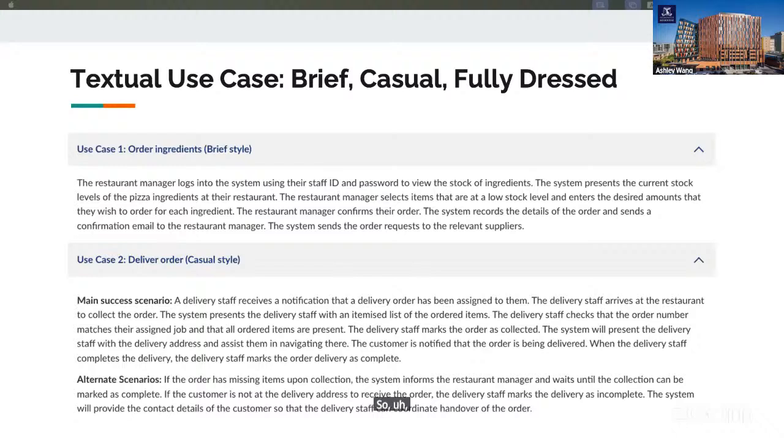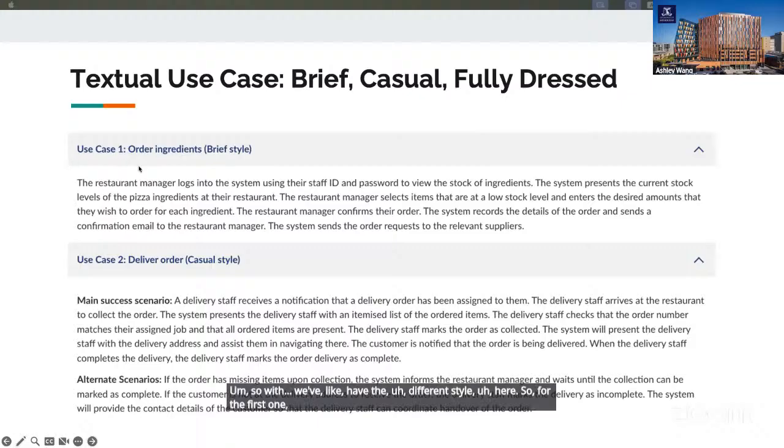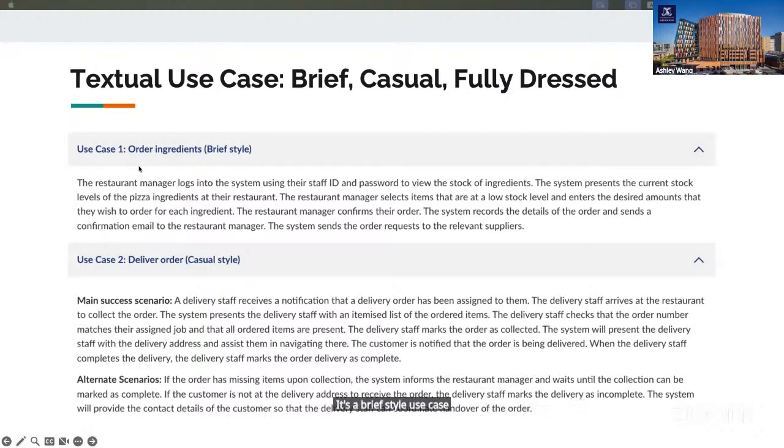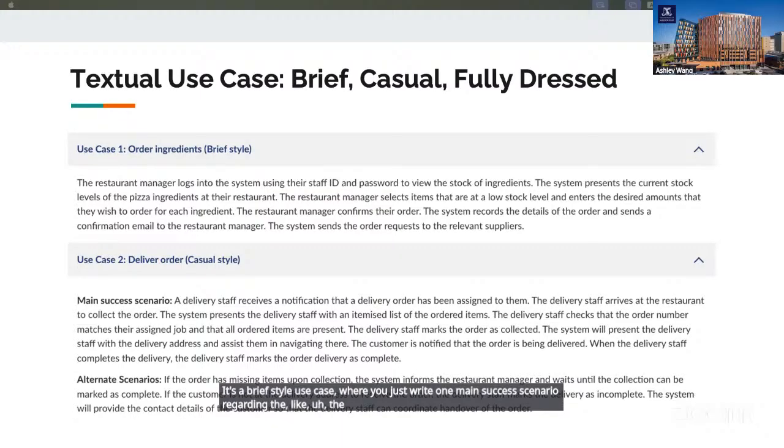So use cases come in 3 different formats. We have brief, casual, and fully dressed use cases. You should be pretty familiar with the use case text. For the first one, the brief style use case, you just write one main success scenario regarding the question given.